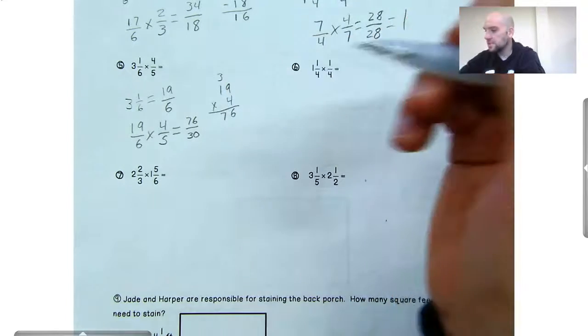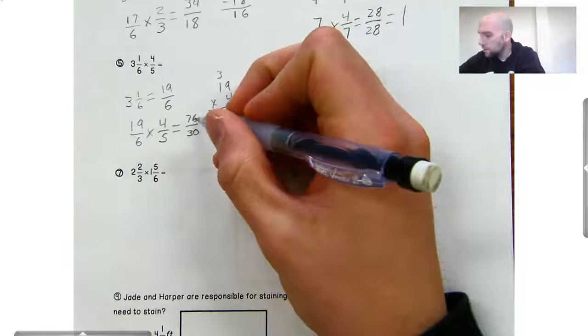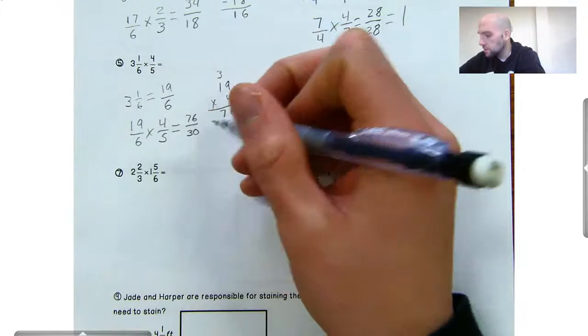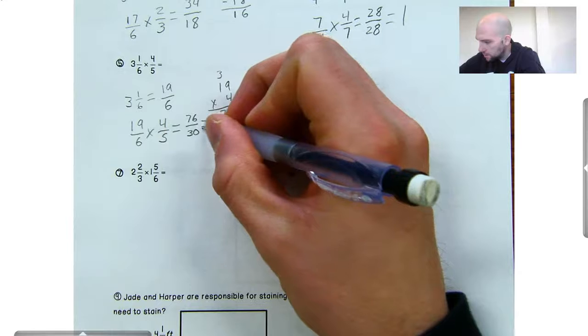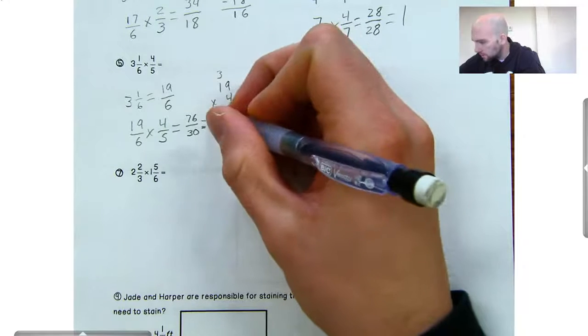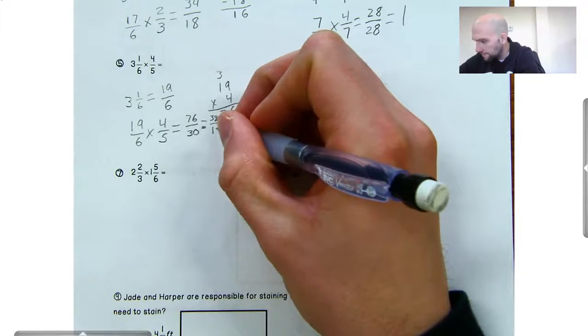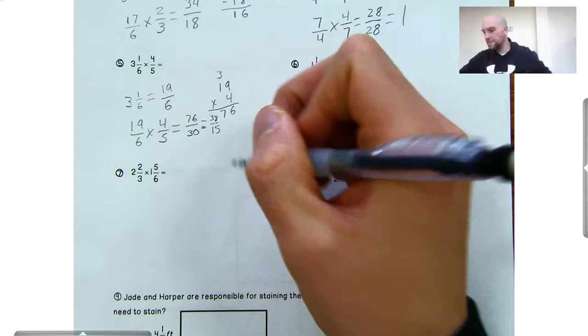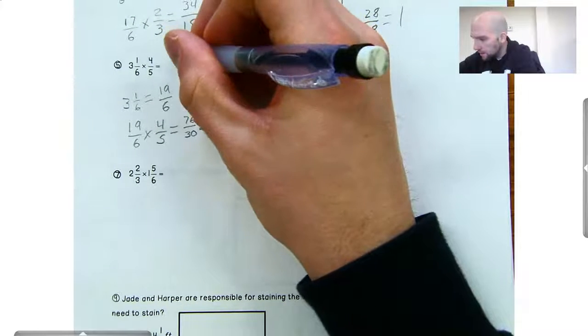So I might simplify that first and then make it back into a mixed number, because that might be a little bit easier for me than dividing those bigger numbers. So I know I can divide both of these by 2. They're both even numbers. And then I'll end up with 76 would be 38 is half of 76. And I have 15 on the bottom. So 38 fifteenths. I'm going to write that up here as my